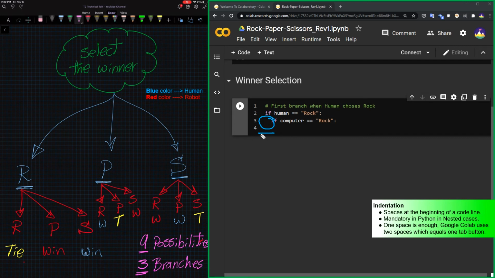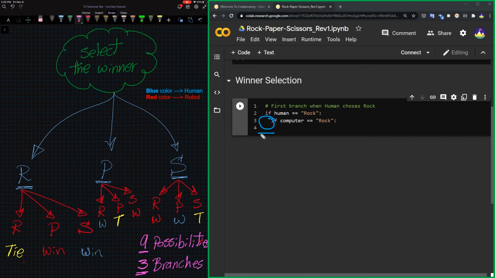While in other programming languages the indentation in code is for readability only, the indentation in Python is mandatory to let Python know that this line of code is under or inside the upper code line. In this case, the if statement in line number 3 is under the other if statement in line number 2. A Google Colab indentation equals 2 spaces or pressing 1 tab on the keyboard. However, Python looks only for 1 space, which means 1 space or more is acceptable to Python.